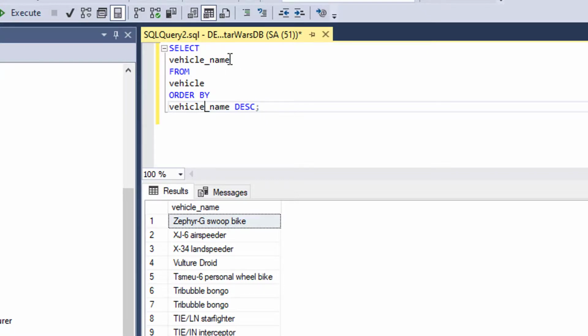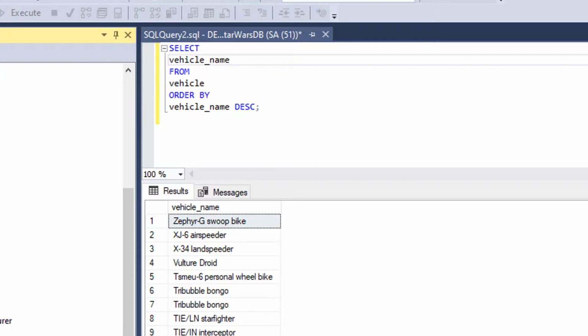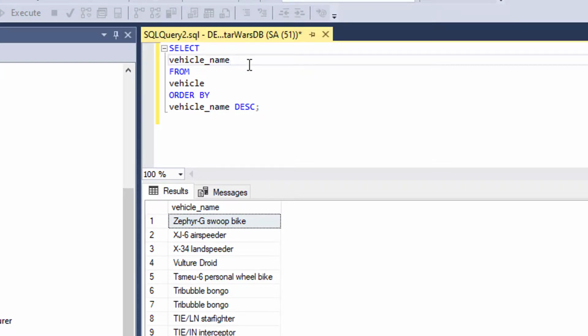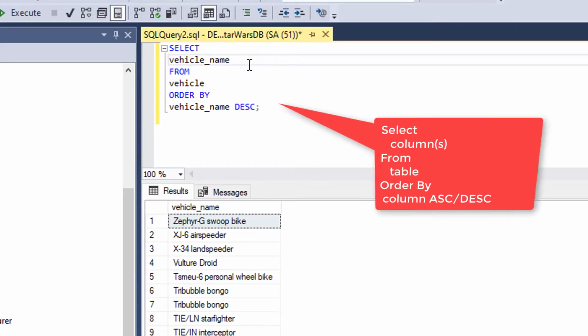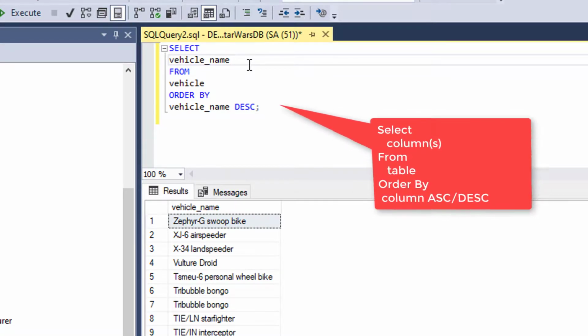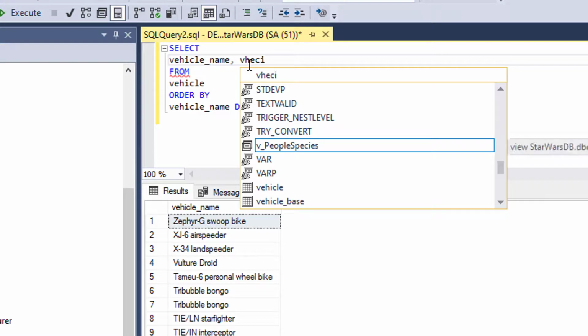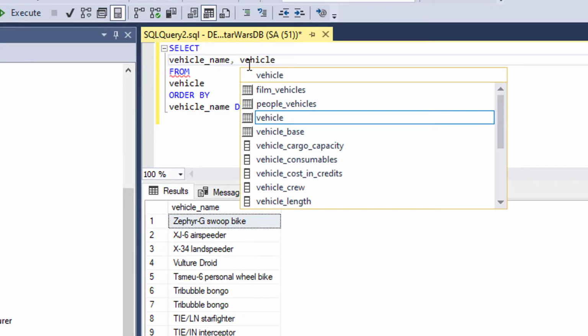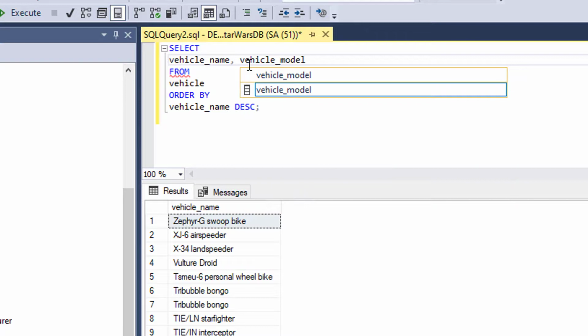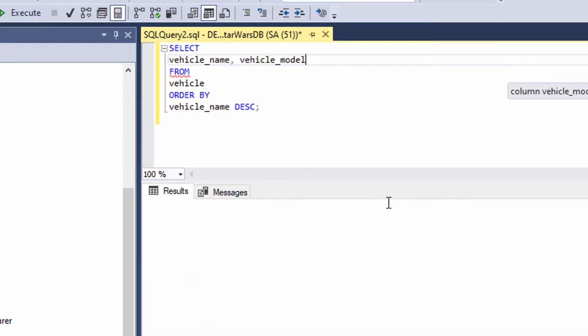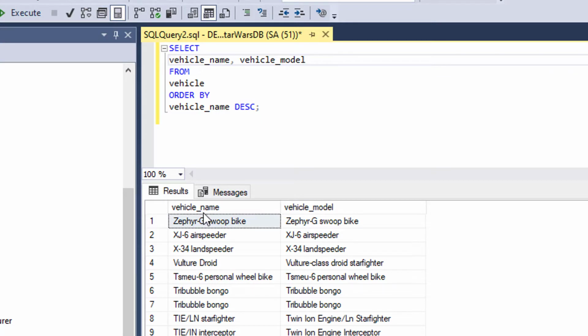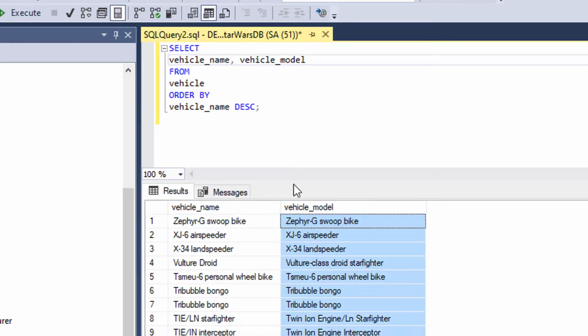In the last part of this example, I want to show how you can add another column. It's very, very simple, and all you'll need to do now is we're going to include in our query, we're going to display the vehicle name and the vehicle model. So to do that, we can add to our select clause. So we have vehicle name already, and then we're going to separate it with a comma, and we could put vehicle model. With that there, I can now run my query, F5,